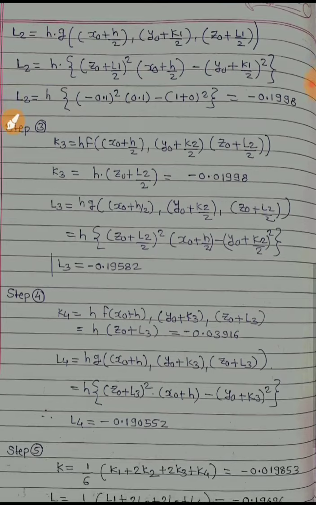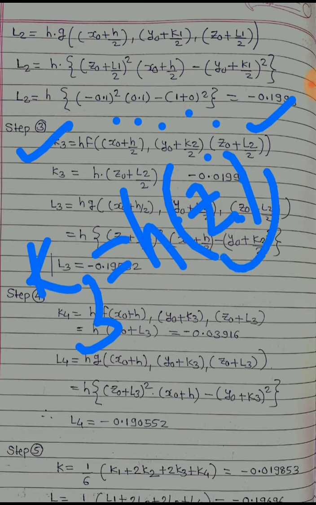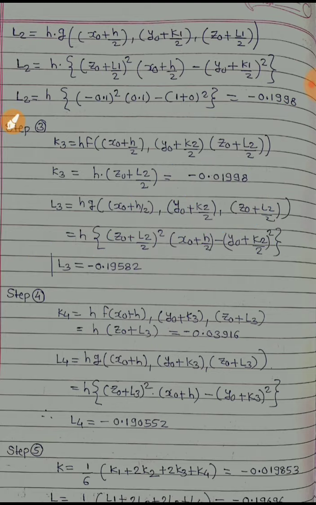Then we will be calculating K3. To calculate K3, the formula is K3 is equal to h into f of x0 plus h by 2, comma y0 plus k2 by 2, comma z0 plus L2 by 2. Again, we need to understand K3 is h into z. This is the actual value of K3. Instead of this z only, we are putting z0 plus L2 by 2. So if we put that value, we will get K3 is equal to